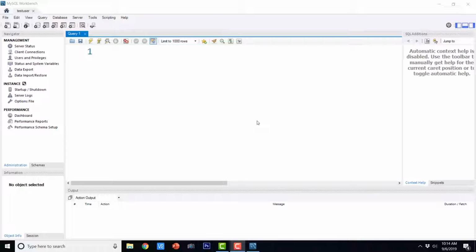correlated subquery. In our normal subquery, inner query is executed first and then output is used by the outer query. But here in correlated subquery, we have to refer the outer query also while executing the inner query. So let us see an example. We are going to use our usual Sakila database. So let me execute this.